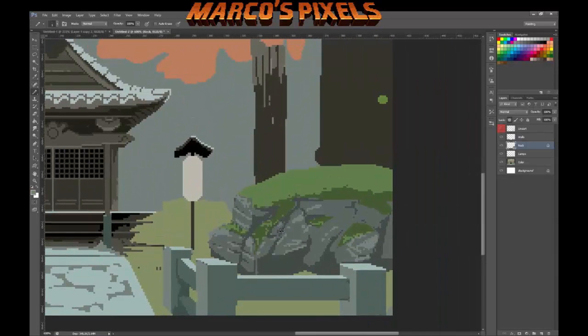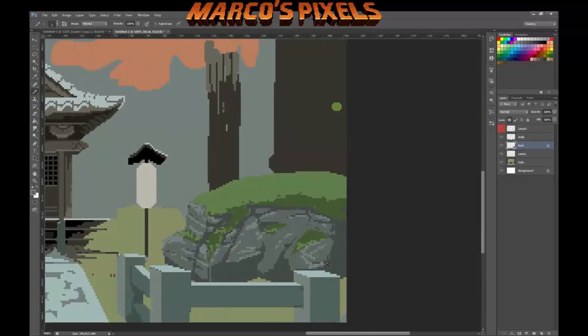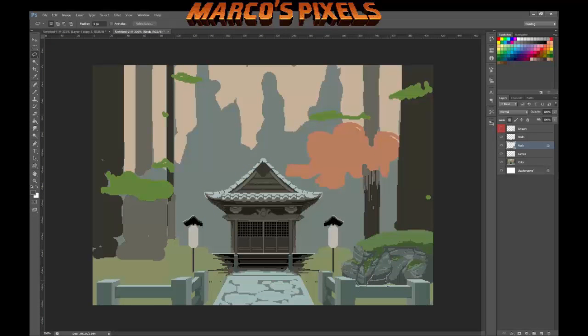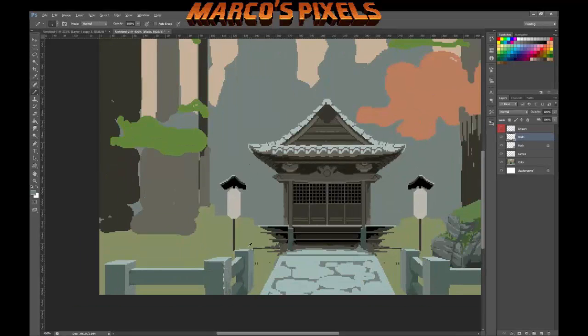I'm not 100% happy with the result. It's clearly rushed. I'm not looking into putting these colors here with any sort of logic. I'm just really filling in, trying to get a texture going. And then I do the same here with the stone fences, where I come in and break the edges and